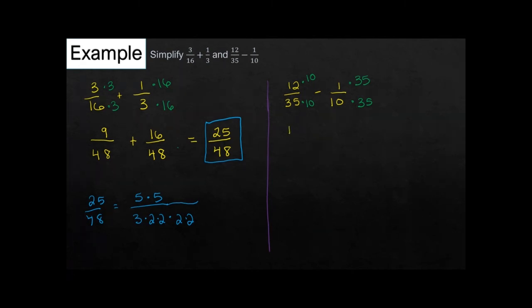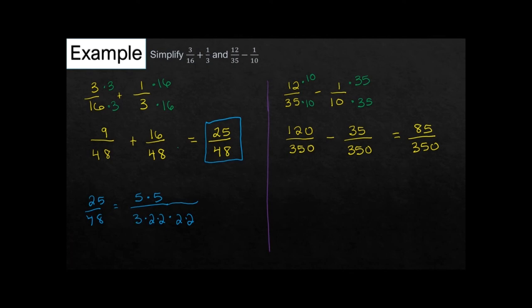So 12 times 10 is 120, and 35 times 10 is 350, minus 1 times 35 is 35, 10 times 35, again, we have 350. And then 120 minus 35 gives me 85. So I have 85 over 350. So now we want to try to reduce, and I know that it's going to reduce because I know that I can divide 5 out of both of these numbers, but we will